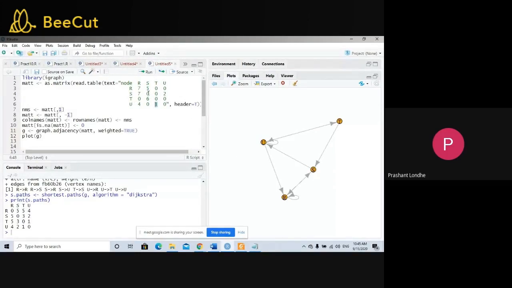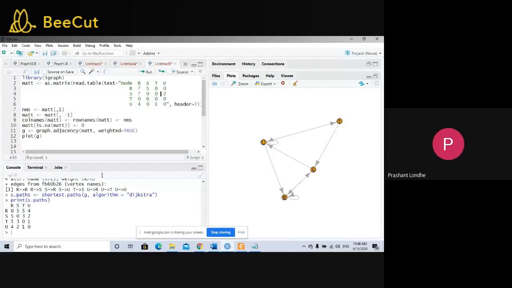Similarly, how to calculate all these things? Now just see here, S and T, we don't have any edge between S and T, but we can travel between S and T if we don't have that particular arrow. If we don't have the direction, then we can travel from S to T. So it can be considered as a 5. Therefore, the value is given as a 5. Also, we can find out the shortest path. Let me find out the remaining paths.